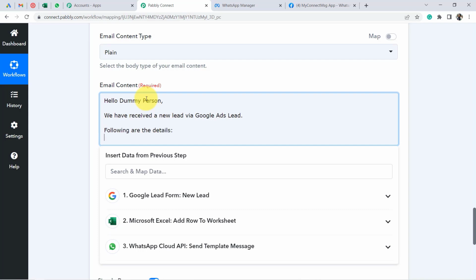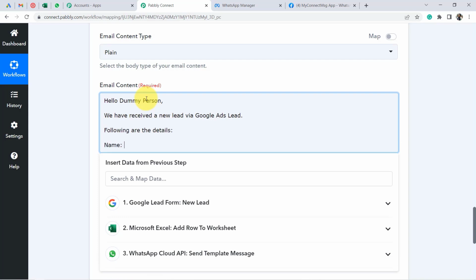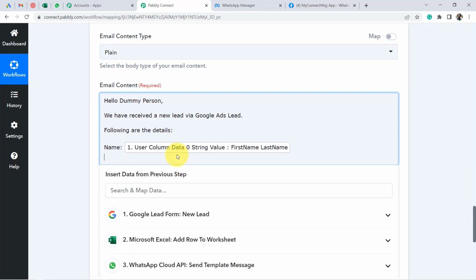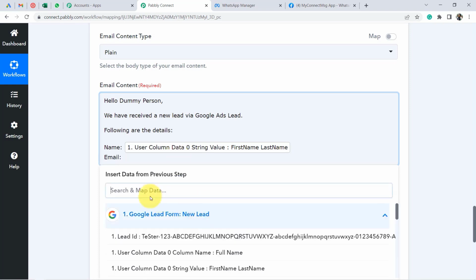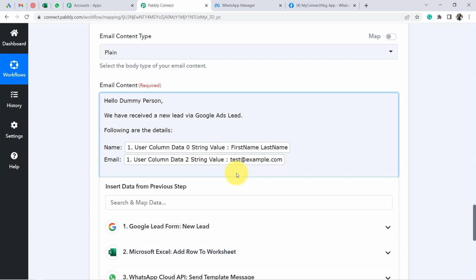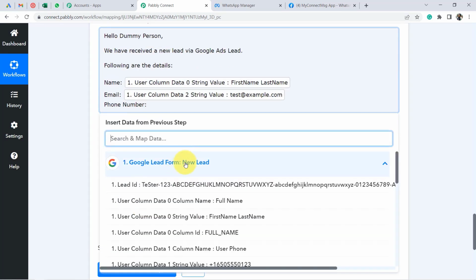And I am going to map the details one by one. Here the name will appear. Let me map the name. Enter. Email will appear. Okay, again map the email address. This is the email address, test@example.com, and finally the phone number of the person, colon once again, and let me search for the phone number